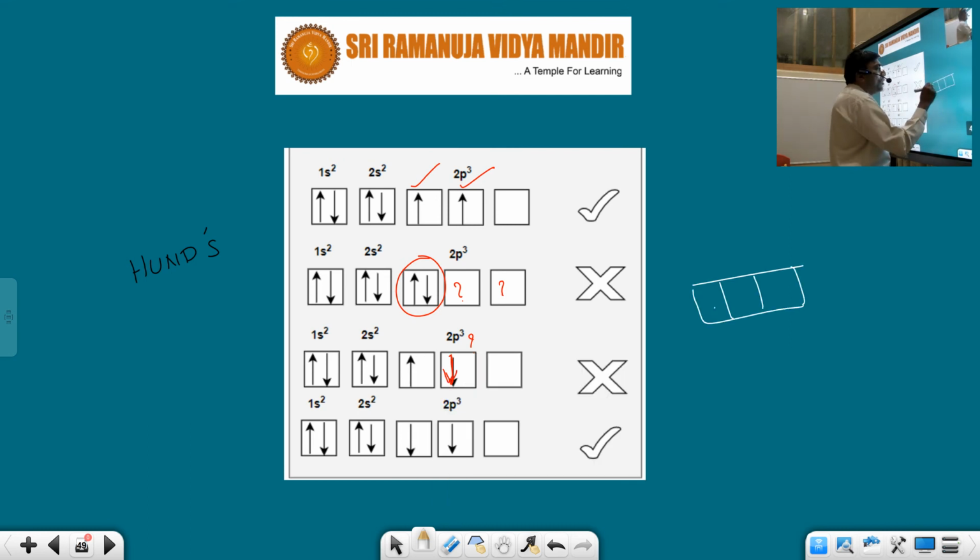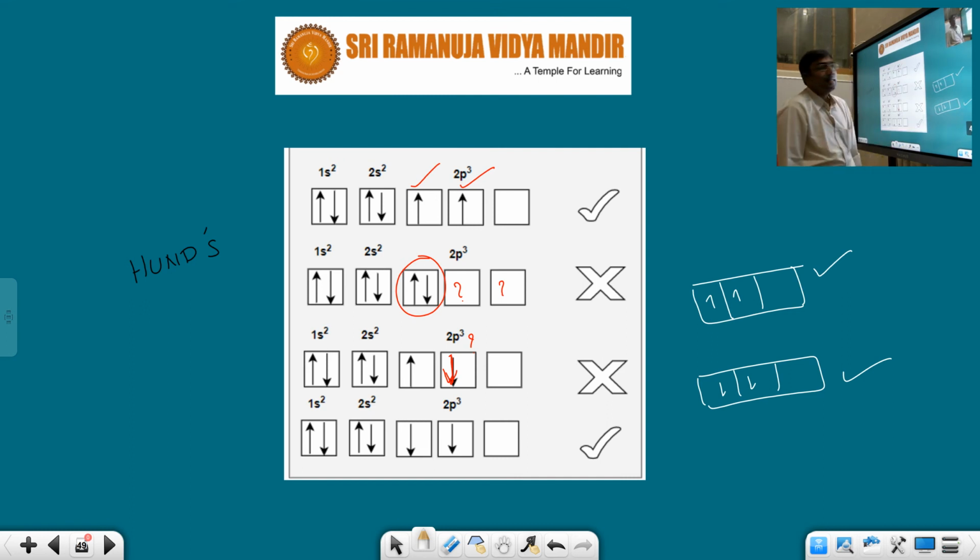See, try to understand. You can write like this or you can write like this. Both are right. This is right and this is right. Don't think it is wrong. First electron can be down also, but it should be singly filled. That is the only thing. So it can be down or it can be up. That is immaterial, but it should be singly filled. That's where students make mistakes in competitive examinations. This is fine, absolutely. The last one is fine, absolutely no problem.